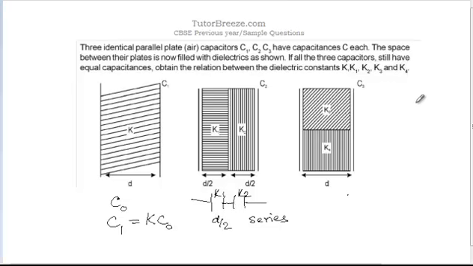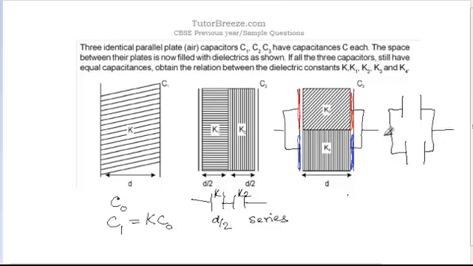Whereas the third case over here, you can think of this as two capacitors like this. See, if I would just shade this, then till here you have one capacitor, and then you have this as the next capacitor, and you can see that these two are connected together. So these two are connected in parallel. Which means you have two capacitors like this, and the two capacitors are connected in parallel.